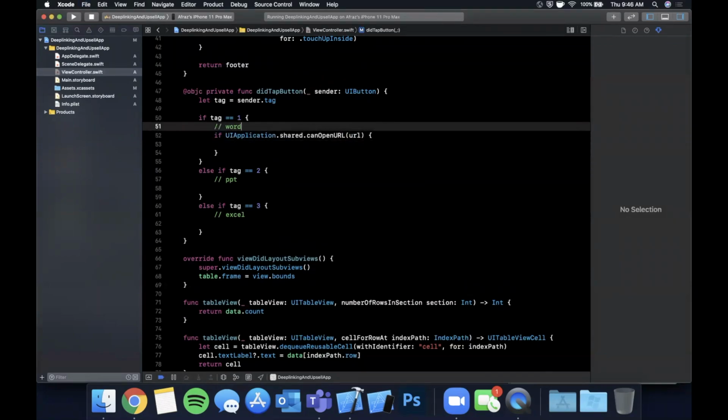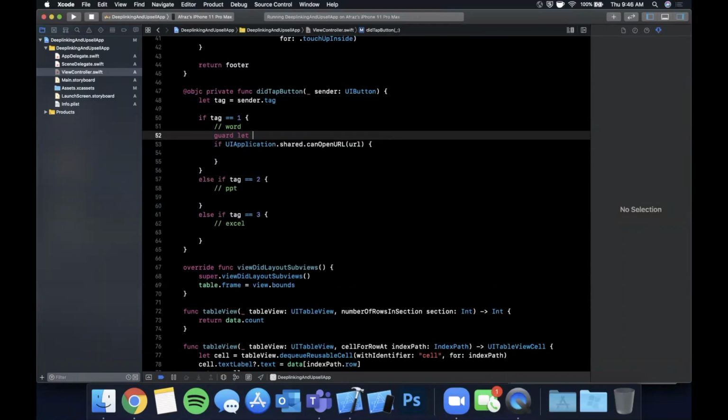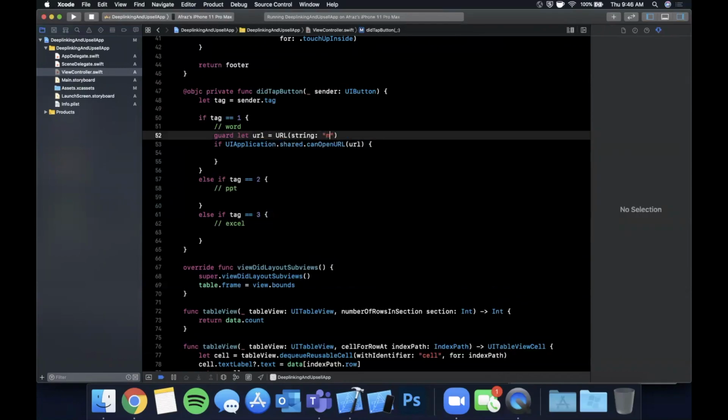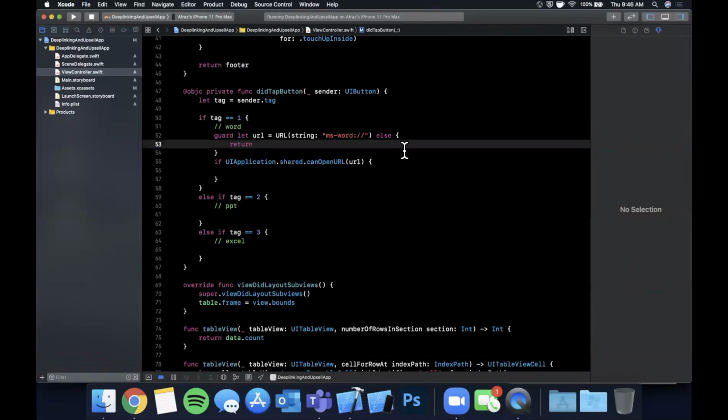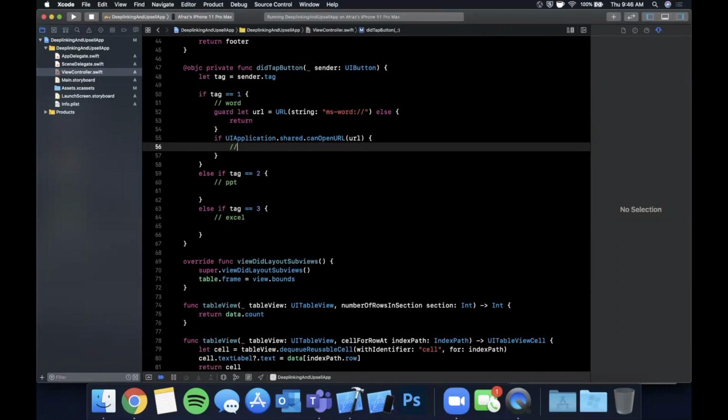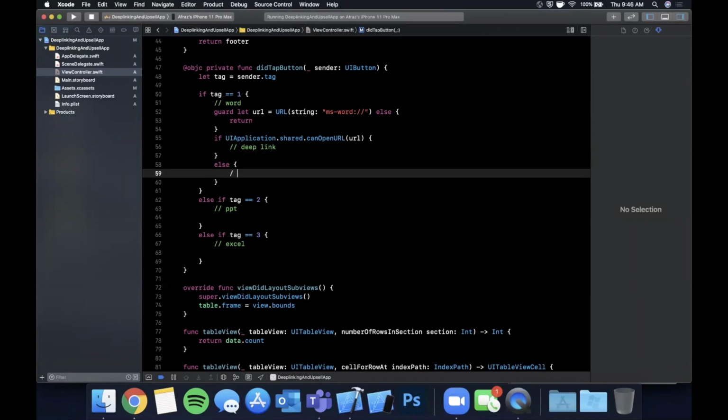And we're going to create that right above here. We're going to say guard let url = URL(string:), and I believe Microsoft Word is ms-word://, and we do guard let because creating a URL returns an optional. And we're going to say if this URL can be opened, deep link, otherwise